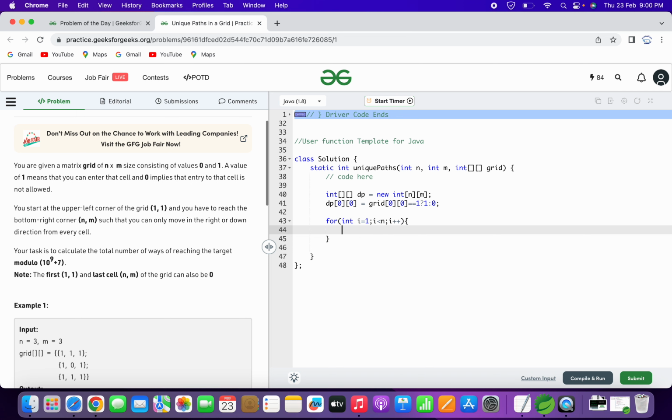And here what we will check? DP of i, 0. Again the same thing, if grid of i, 0 is equal to 1, then